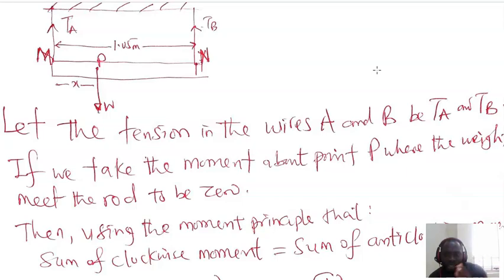Tension in wire A is TA and tension in wire B is TB. So if we decide to take a moment about point P where the weights meet the rod,